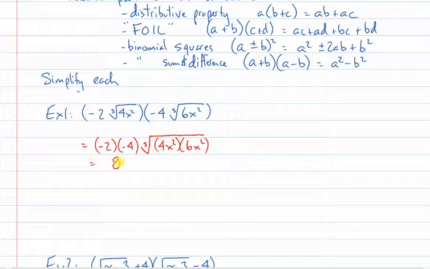Well, the coefficient becomes +8. Inside I've got 24. And I'm going to think of 24 as being a cube and another factor. So I'm going to write that as 8 times 3, and x exponent 4